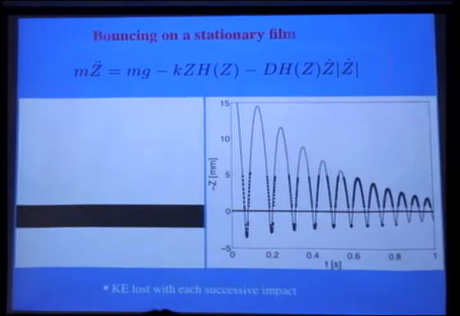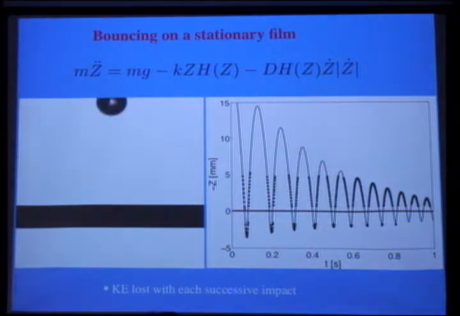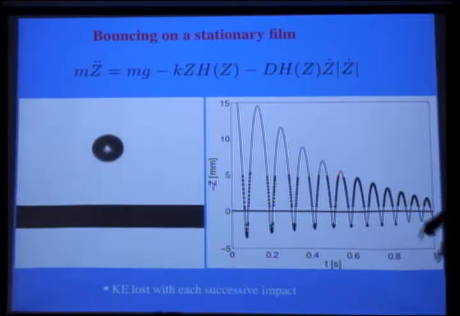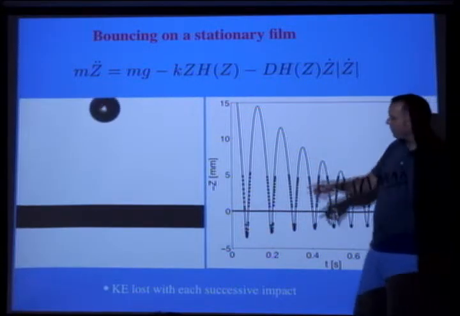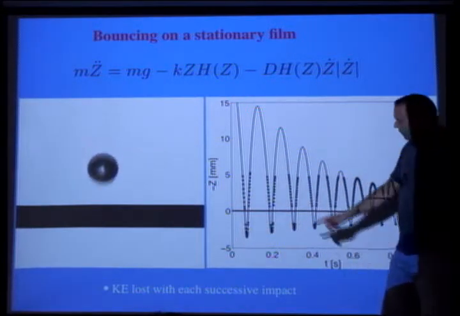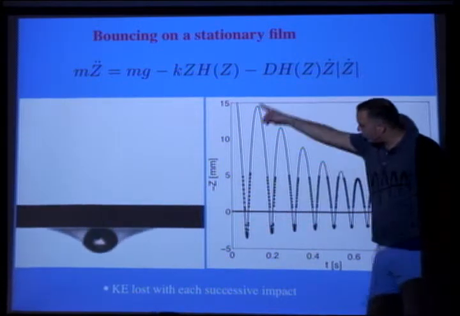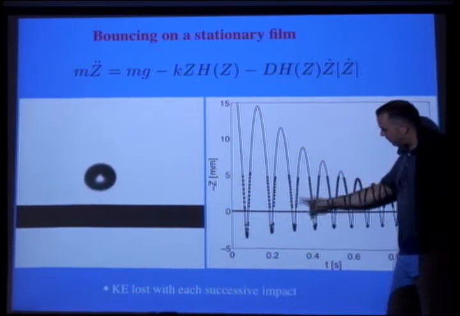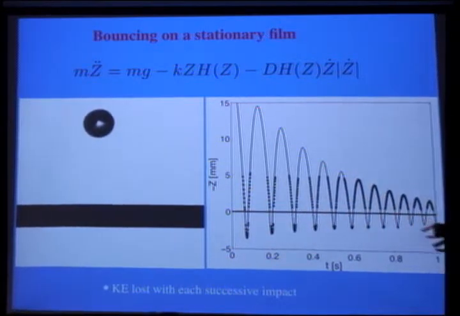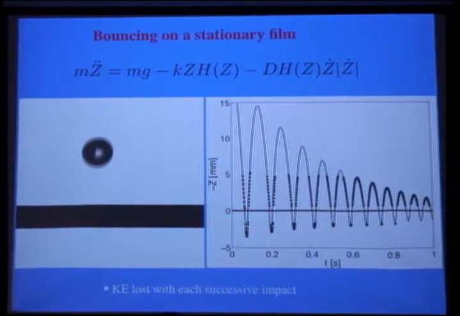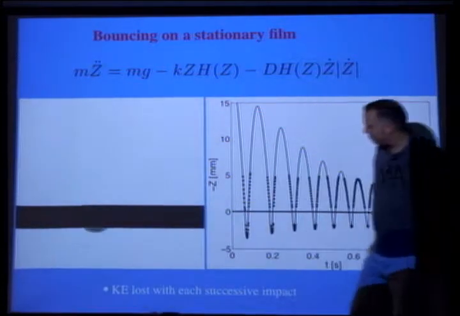You have a nice ODE, and this is what it predicts. So this is a drop just hitting a film. It decreases in amplitude. This is actually precisely from this sequence, and you can see why the thing basically bounces out of the field of view. But this is what the model predicts, and this is what the experiments give. So we can only see the drop when, this is the blackout zone where it's behind the frame.